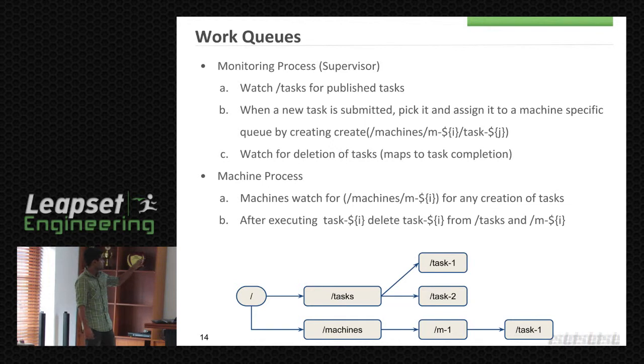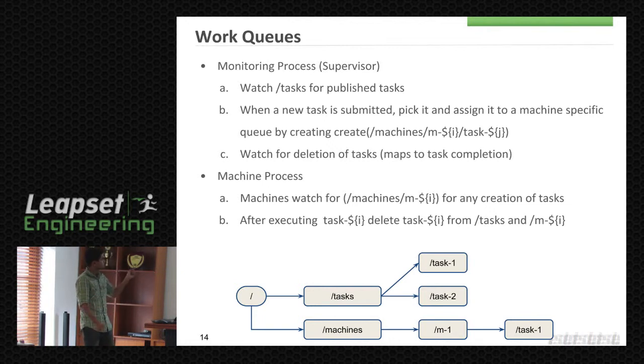Here we have another node called machine, at the same level as tasks, and it has a child node called M1. That's the node for the first worker thread, and the first worker thread will be watching its own M1 node.